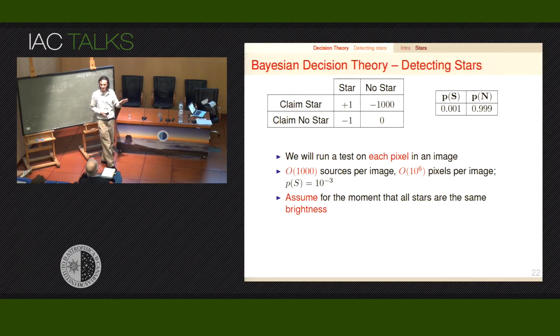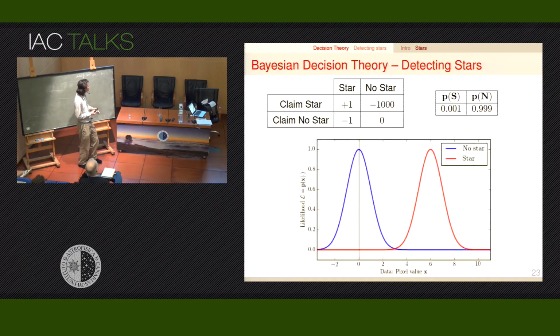And now the other thing we need is likelihood. I'm going to gloss over that for a moment, and we're going to just assume that all stars are the same brightness. So